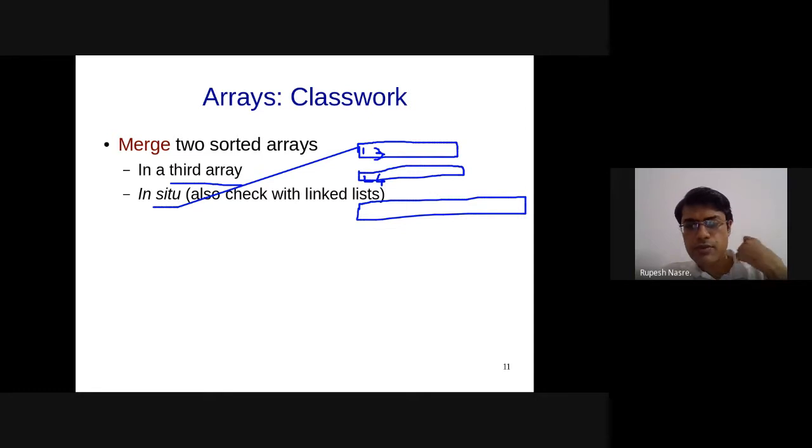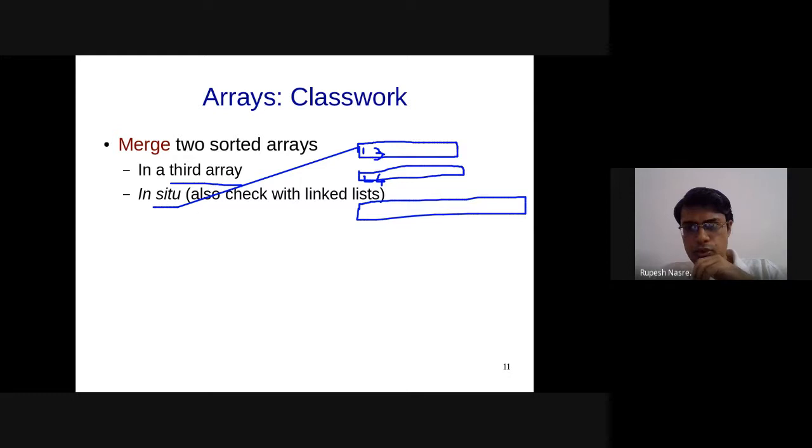Final K plus plus equal to first of I plus plus, otherwise second of J plus plus, correct. And then final K plus equal to first of I plus plus or second of I, correct. So that also seems to be correct, Mayank. Yeah, Vishwa has done copy and then sort. Salman says not making use of ordering of the two arrays, correct, that is correct.